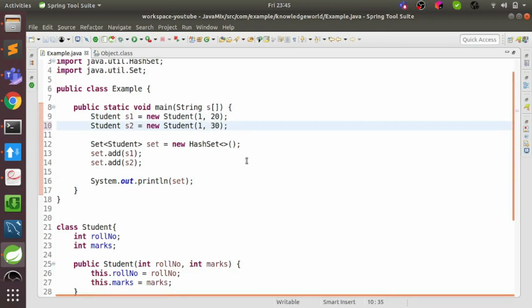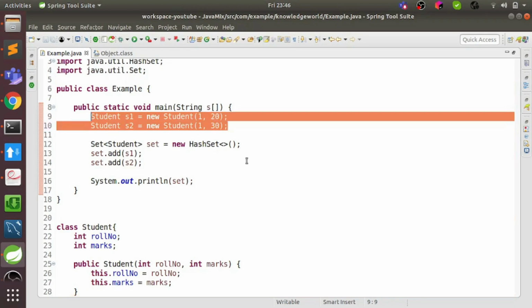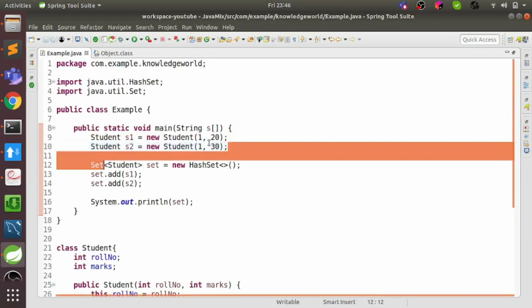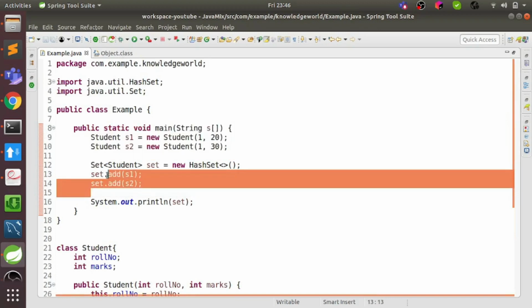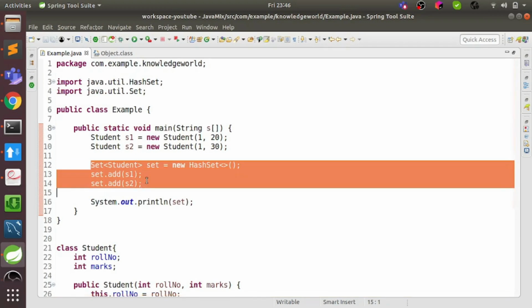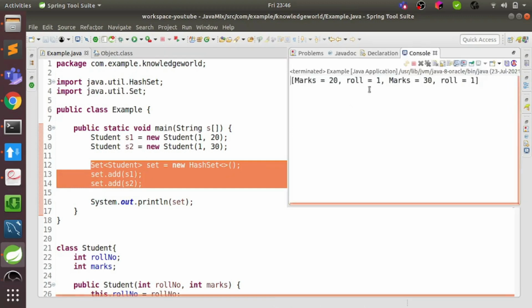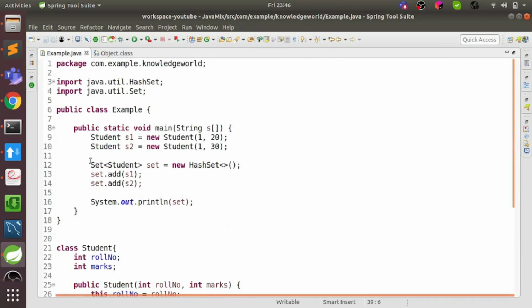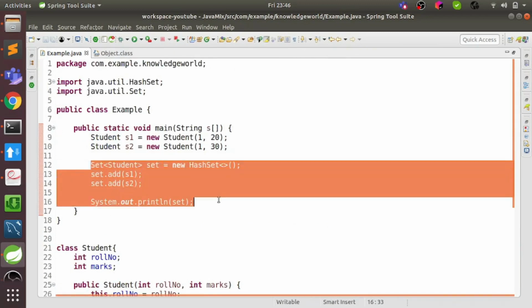Okay, now we discussed that for us, same student means the roll number should be same. So now these both students are same, that means they are duplicate. So as and when we add the same element again, set should keep only one element. Okay, so now let's run it. Still both elements are present, even though we have already overridden the equals method. Still set shows both the elements are there in the set. That means set is still not able to identify that these are duplicate, right?